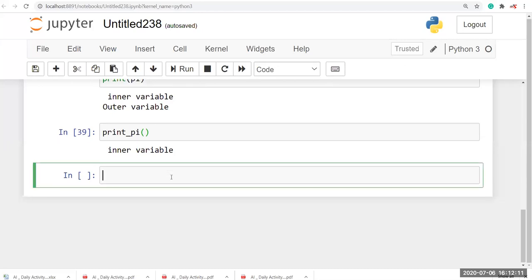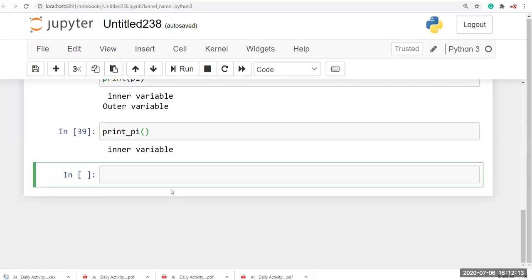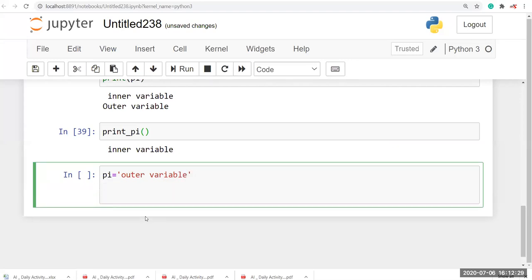First, I'm going to create pi equal to outer variable. After that, I'm going to define a function named print_pi, because here I'm going to print my pi variable.